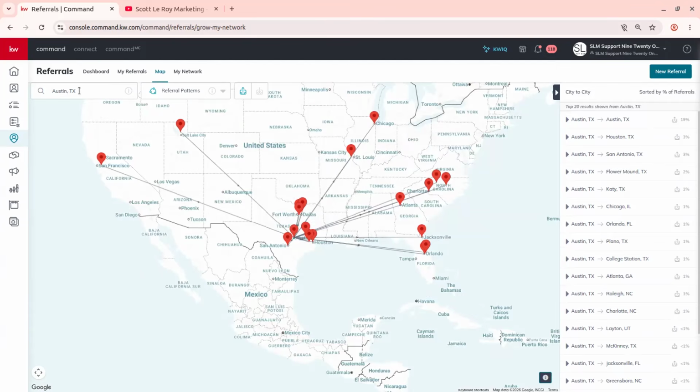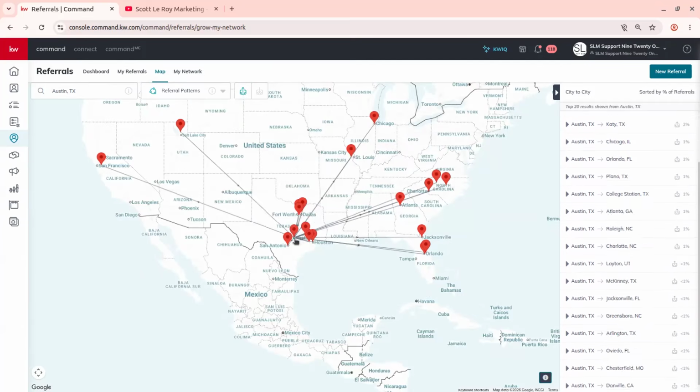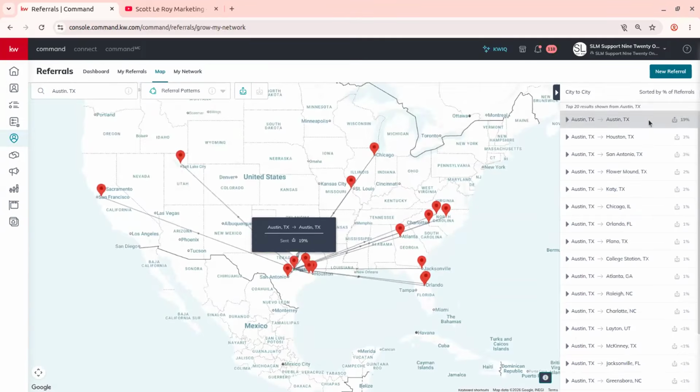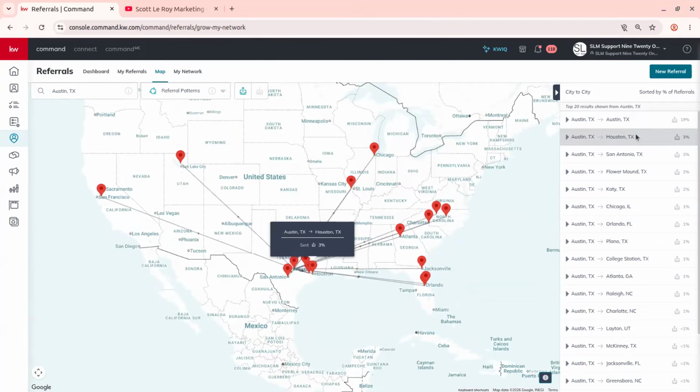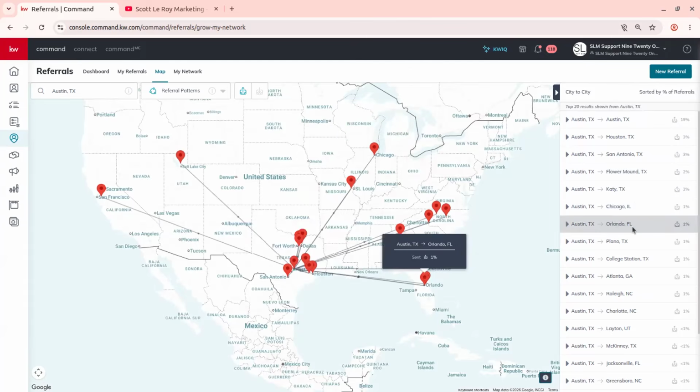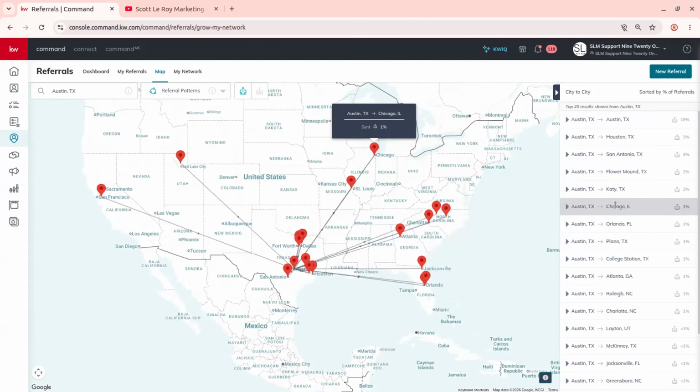So we can say, right now this is showing sent referrals. So when a referral is going out from Austin, Texas, where is it going? Now, a lot of the time, especially in bigger states or more populated areas, you're going to see them being referred to someone else in that state or to a different spot in that same state. So you may see that for the first couple options over here, but then you'll see things like Chicago, Illinois, Orlando, Florida, and it will just give you a good idea of where you may need to find a referral